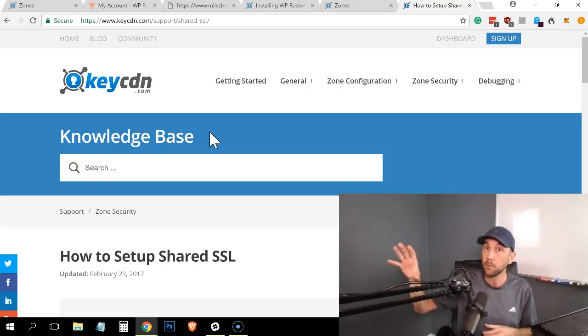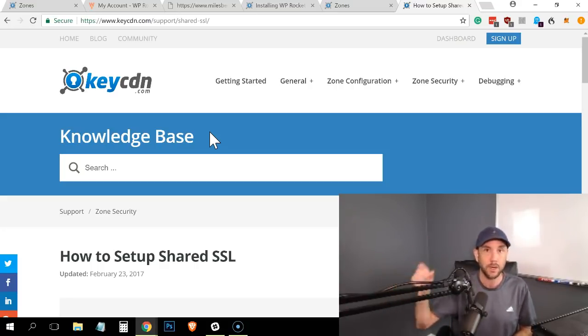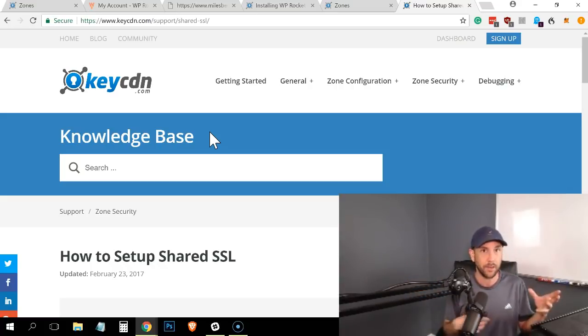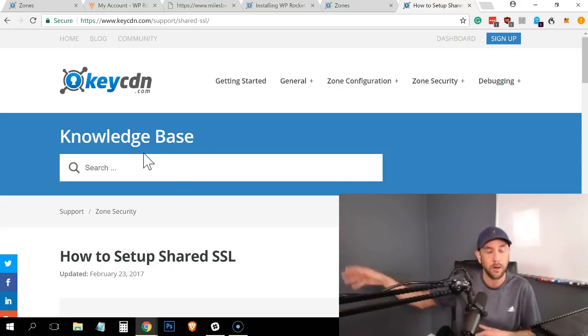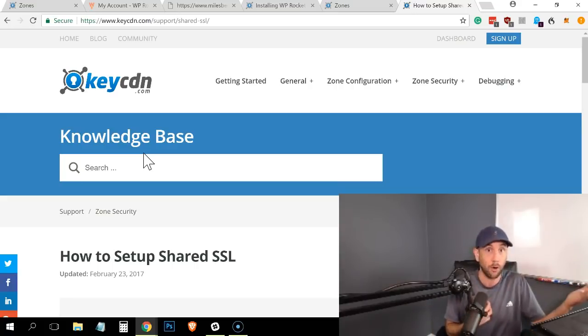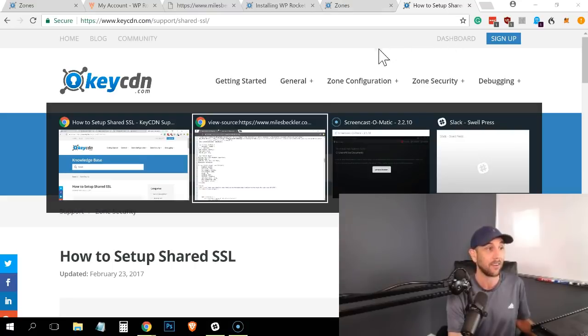If you use a custom SSL, you can kind of mask it with your subdomain. So you could have cdn.yourname.com or yourdomain.com instead of what I called garbly goop, right? It's xcz.milesbeckler.theirdomain.com. I'm okay running on their SSL server because all I care about is having that S on top of